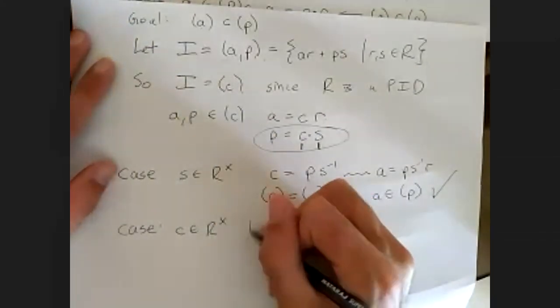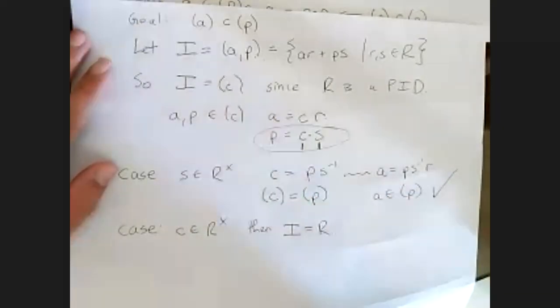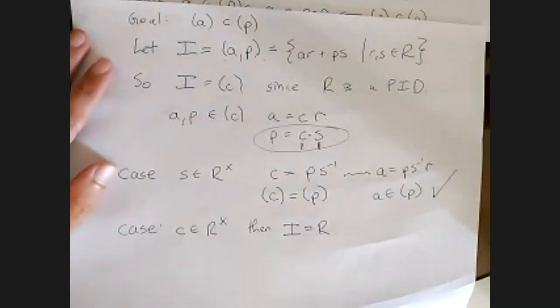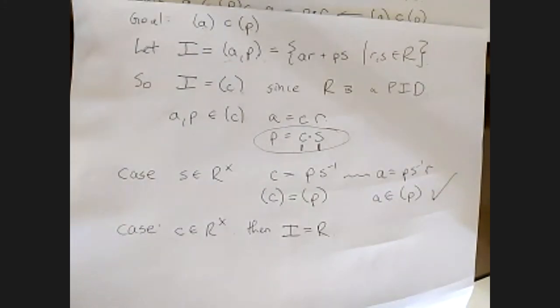So then I is actually equal to R. Okay, what does that mean? Okay, actually,